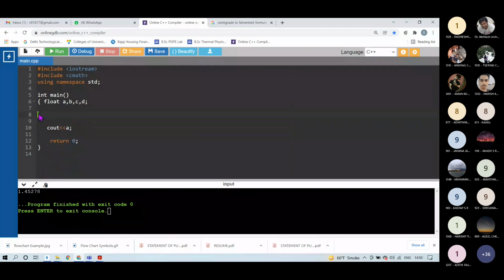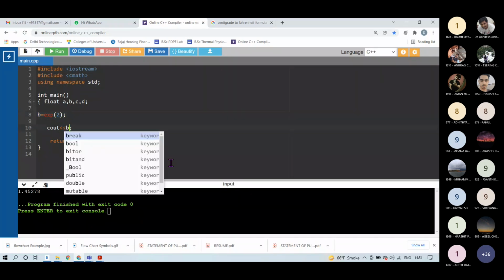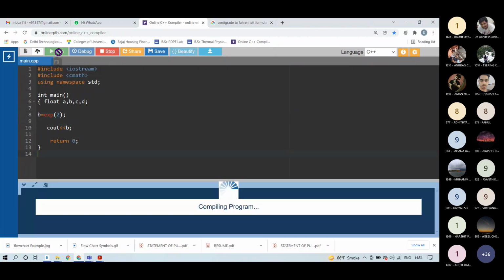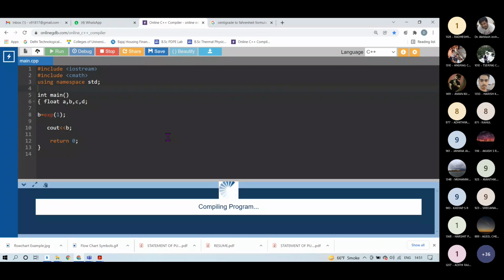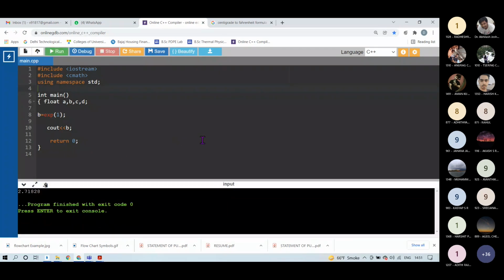Let's say b is equal to exponential of 2. So it will be e raised to the power 2. Then cout b. If I run this, it will be 7.38. So this is correct, as the value of e is 2.71.